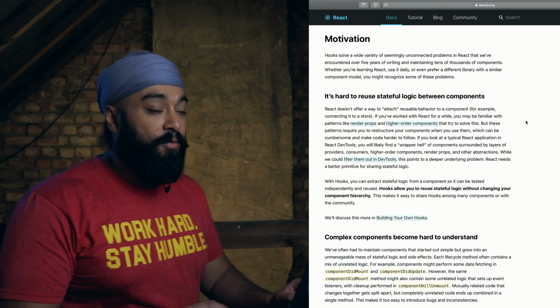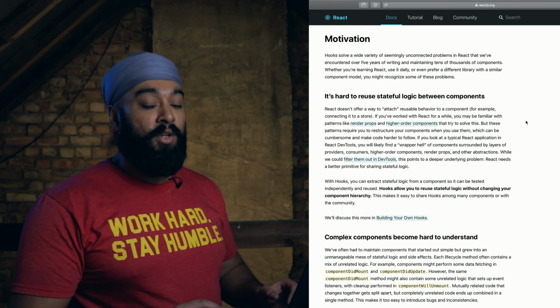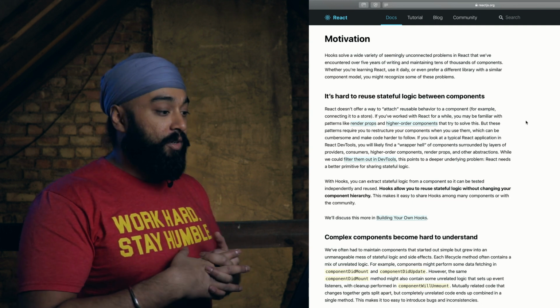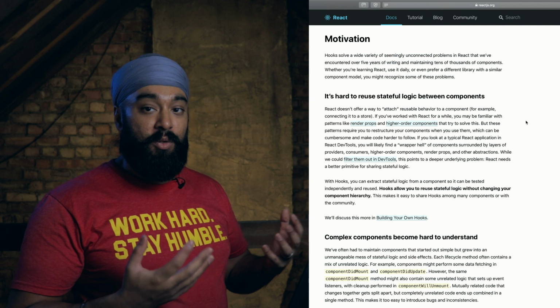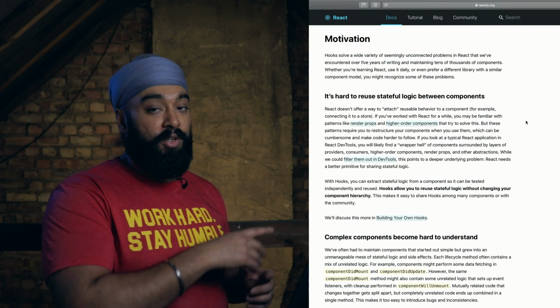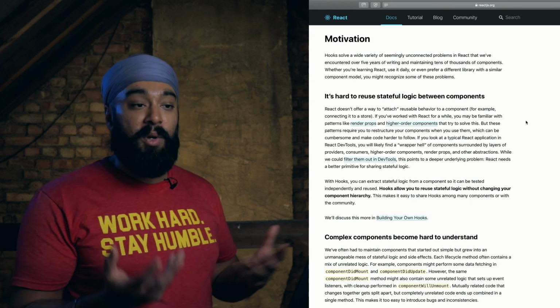So when you have stateful logic in a class, you kind of compact it in that one class, but there could be different things for it. So for instance, especially with anything to do with state, if you have a piece of logic that's in one component, then if you want to reuse that in another one, there is no easy way to do that.